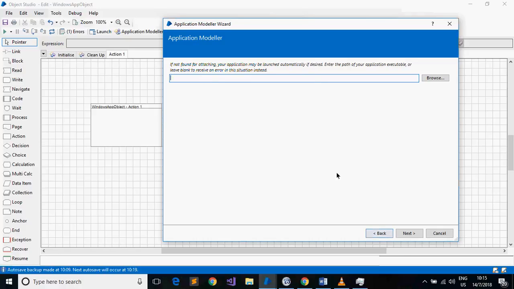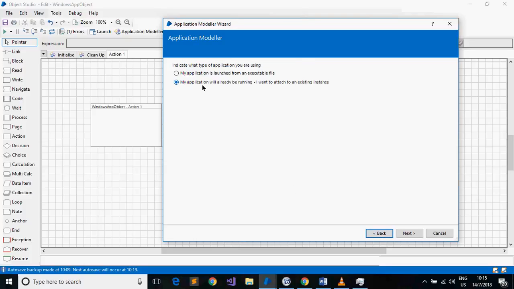So why go to this process and again provide a safe path for this at the end? This is the reason I don't choose this one. I always choose "my application is launched from an exe file", and I provide the path of the exe file so that it gets launched every time, 100%. Okay, but there are some